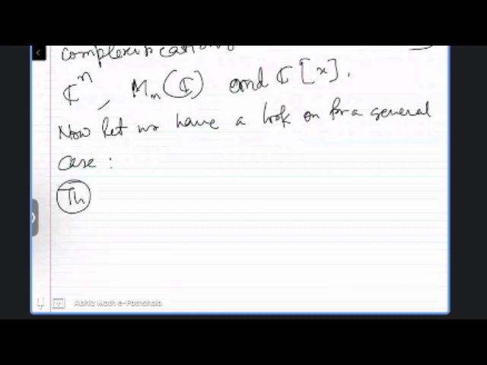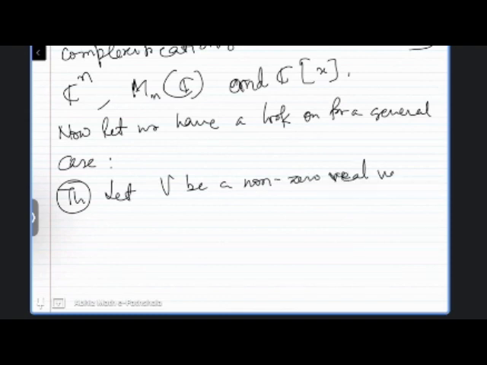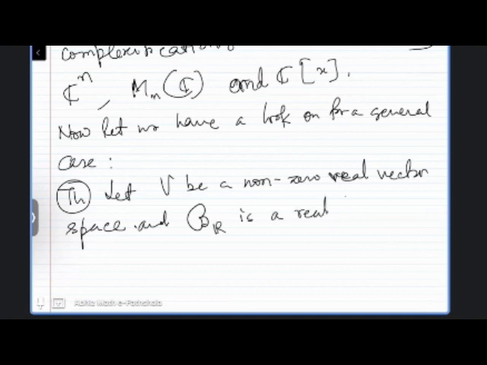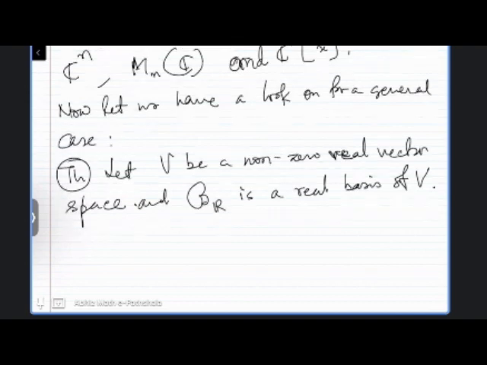Theorem: let V be a non-zero real vector space and let BR be a real basis of it. Okay? Then the conclusion is